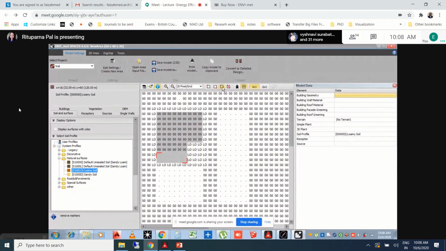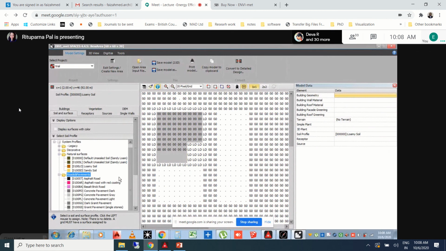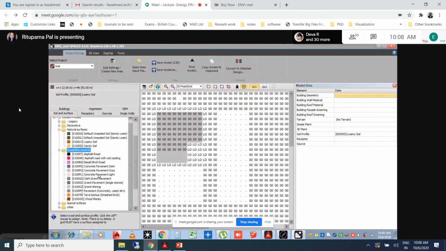So now what you find is your building is only your building. Okay? Just leave the 0, 0. 0, 0 is just a default thing for this axis. It means nothing. Then you deselect this thing so that your markers are gone. Okay. So now let's move to the roads and pavements. We click on roads and pavements, and maybe we select this concrete pavement dark, which is denoted by a dark gray color.